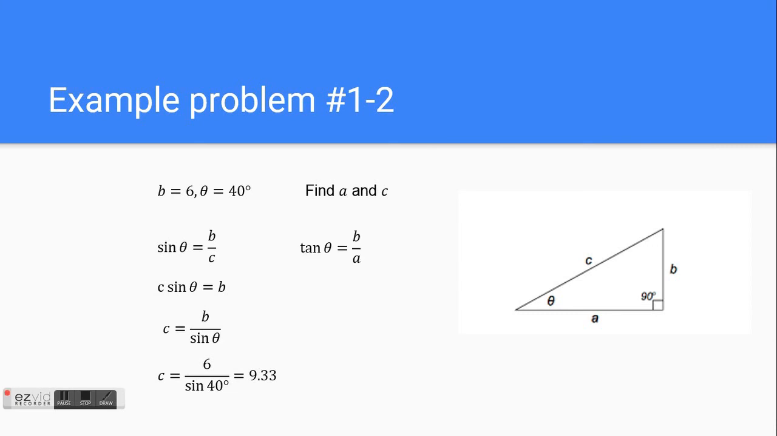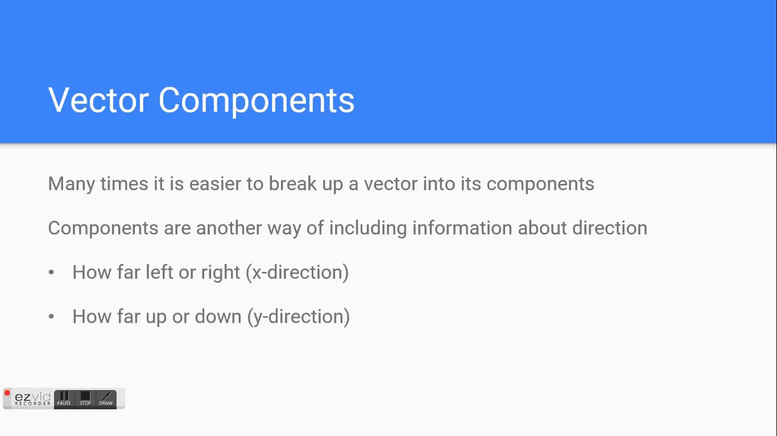We can do the same thing for A. Tangent of theta is B over A. Multiply the A over to the other side, divide by tangent of theta, and we get 7.15 units as A. Now it's worth pointing out I could conceivably use Pythagorean's theorem to find A as well at this point. I usually would use the equation that has variables that I knew from the beginning of the problem. That's kind of a quick overview of right